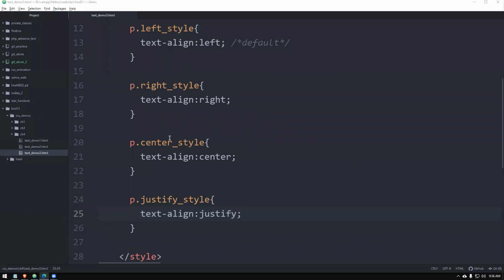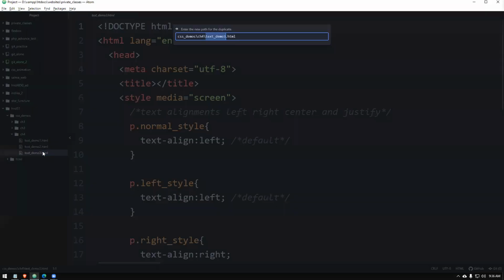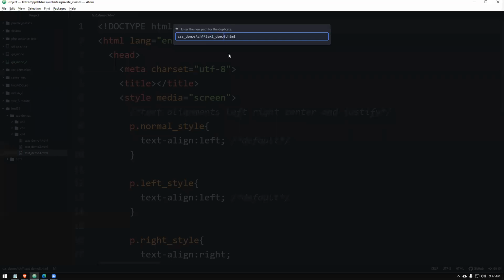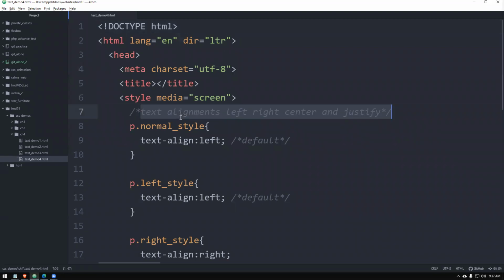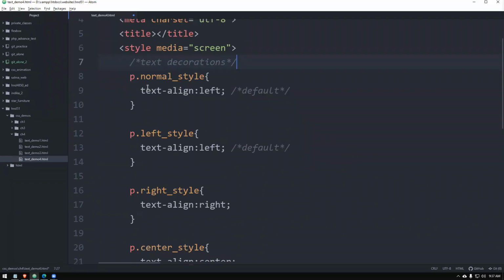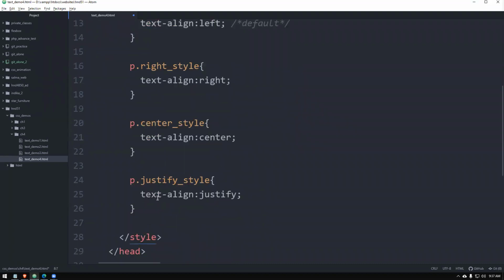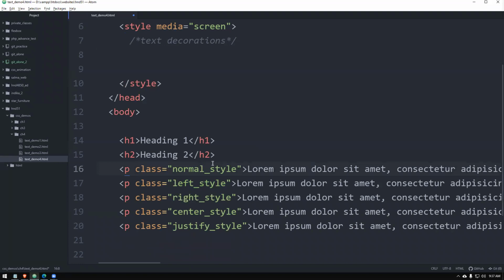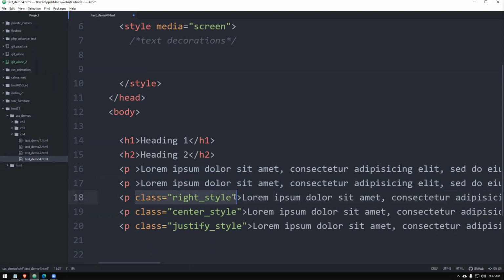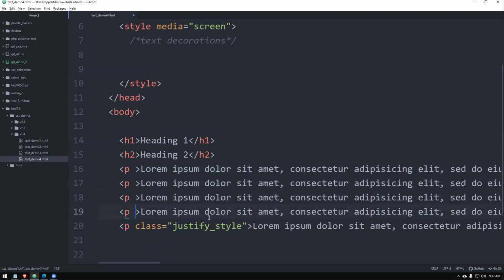So the next part, we're going to learn about how we can decorate the text. So as usual, let's duplicate the text. So let's call this one text demo 4. Text decorations, right? So we don't need this piece. I'm going to delete the whole code. I'll code it once again. So you clean the code and keep it nicely. We shall practice with them. Right, a clean page is there.